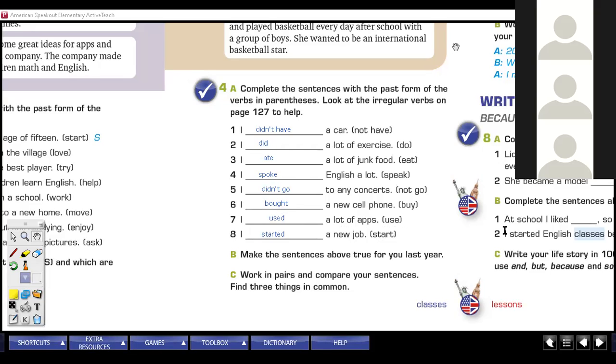Number one. Oh my God, I don't have time. Just help me to read them. I didn't have a car. Thank you. Number two, Fernanda. ¿Cuál era? Number two. I didn't? I don't know. It's just reading, guys. I did a lot of exercise. Thank you. Number three,